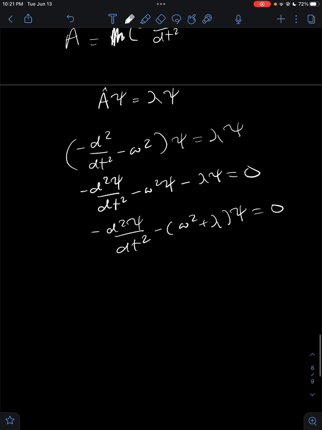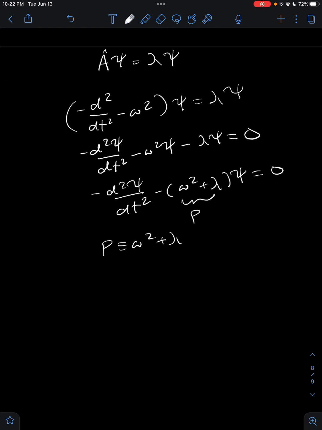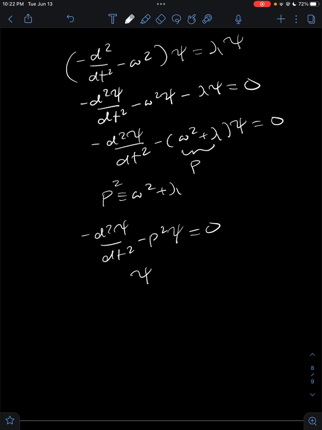And then we can define some constant k. Let's not use k. Let's use p. Okay. So let's define p as being omega squared plus lambda. Actually, no, p squared works better. So p squared is omega squared plus lambda. This means that this over here minus p squared psi equals 0. We can use the ansatz psi equals e to the rt,